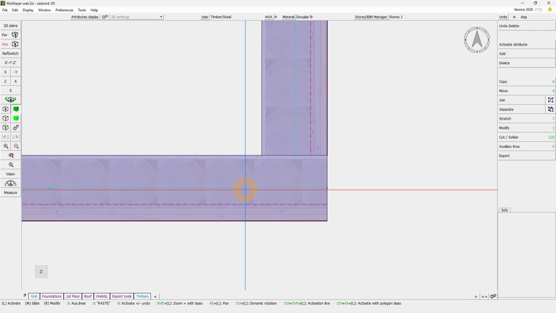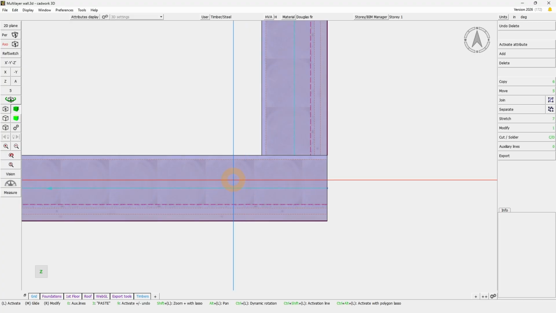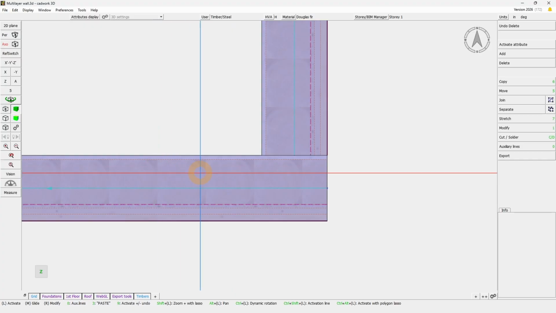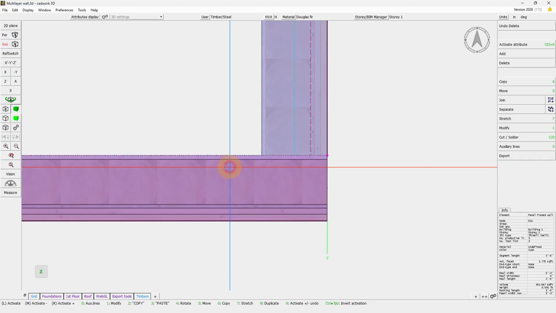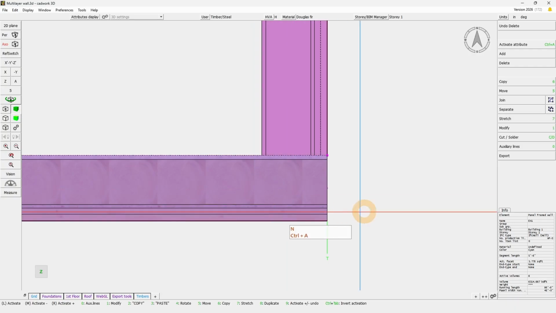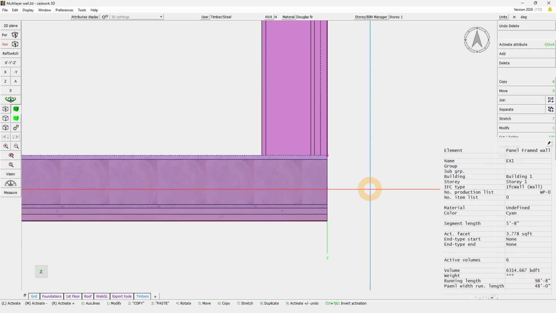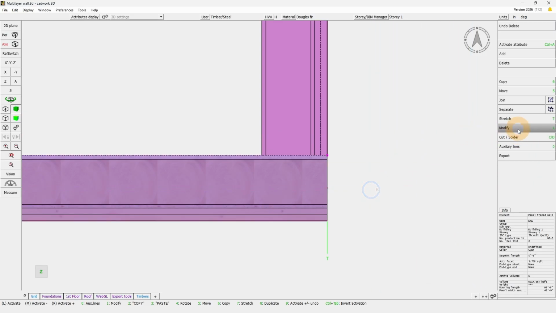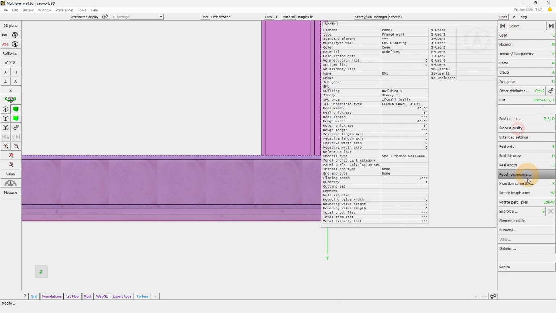To do so, we can simply select the wall and change them in the Modify menu. Here I'm just going to select all my walls based on their name. So I simply select the first one, Ctrl-A-N, and I have all of them activated. I can see here that I have all 6 of them. Now I can go to the Modify menu, under Options,